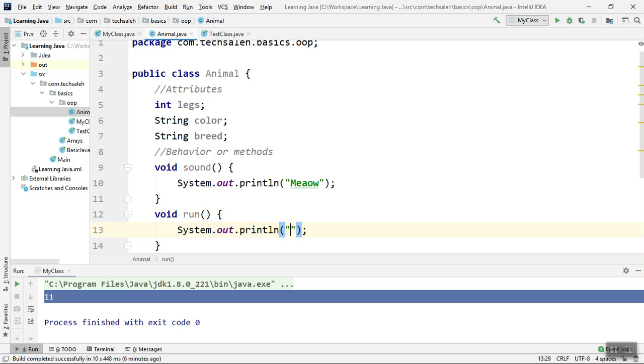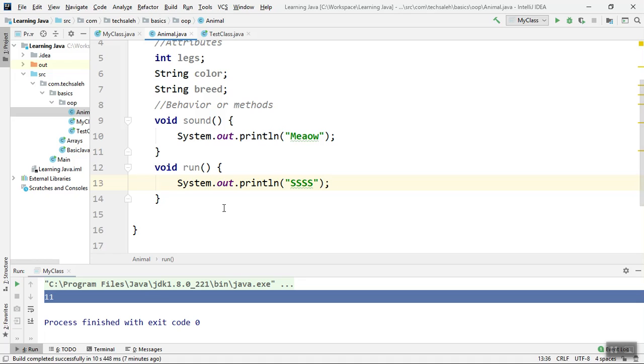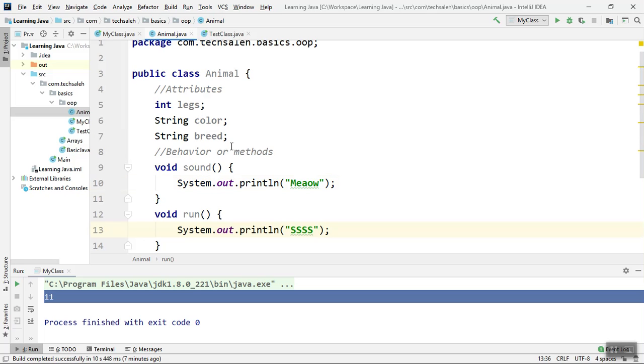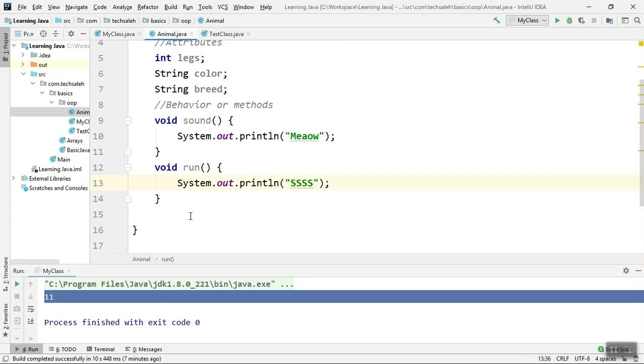So let's say, yes, this is the running method, right? So these things are behaviors or methods, and the important thing is to not focus too much on this, right? You will automatically know that the word is going to be sound, it's going to be running, right? And let's get a different class, something like